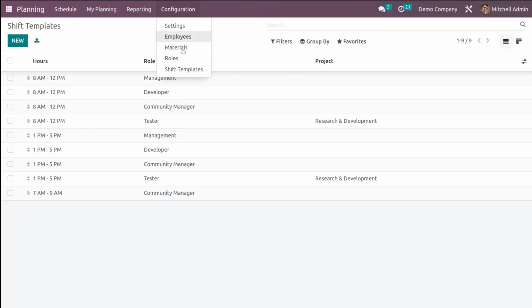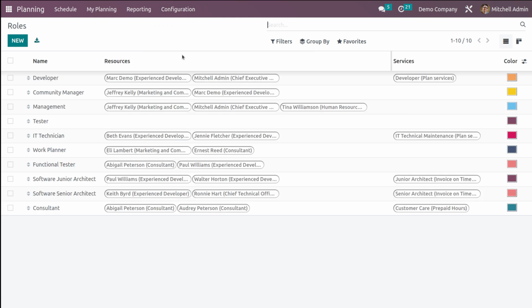Okay, now if you go to configuration, you have roles. So here you can add roles. Currently, we have developer, community manager, management, tester, IT technician, work planner, and so on. So if you want to add a new role, click on new. Here you can give the role. So if I'm giving the role like teacher or something,